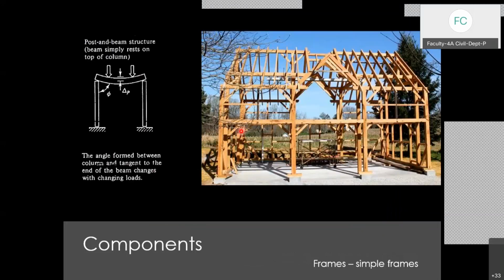wherein you will be able to see this kind of frame structure. In that case, there would be lateral forces acting on it apart from the vertical forces. So lateral forces will be acting on that frame, and because of that there will be deflection, in the horizontal member as well as the vertical member, and that we need to calculate when we go for the calculation parts